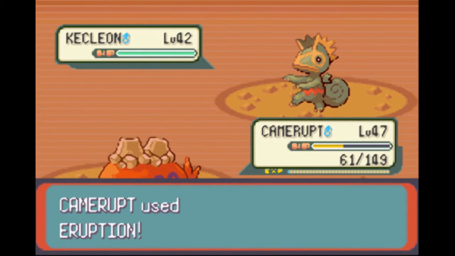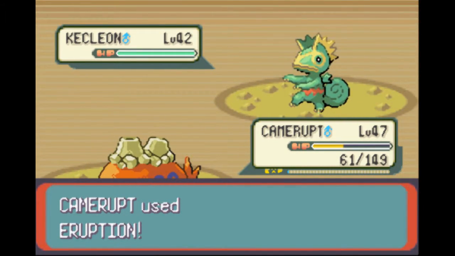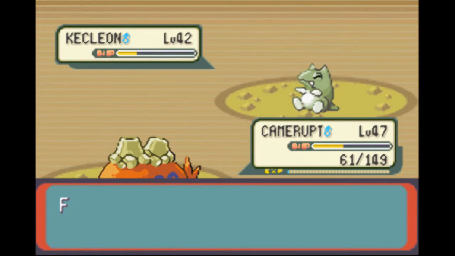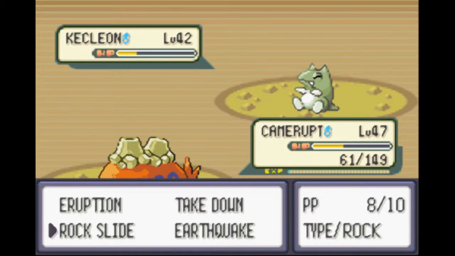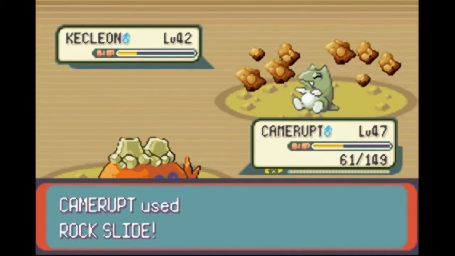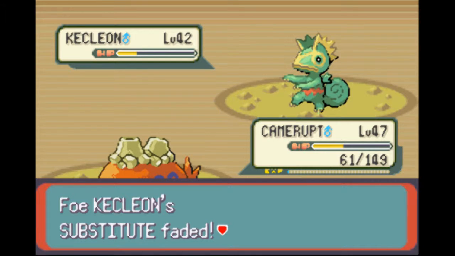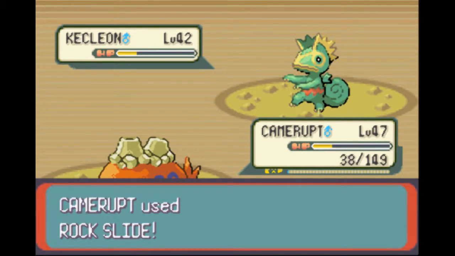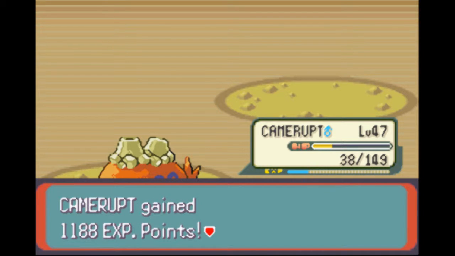We'll start out with Eruption. It won't actually hit that hard because we're under half health, so... We change it to a fire type. I don't mind. Substitute. Not that good if you're just using it to delay. It's not always the... Especially if you act after your enemy, it's not really that great a move. I suppose it's not that bad a move either, but...